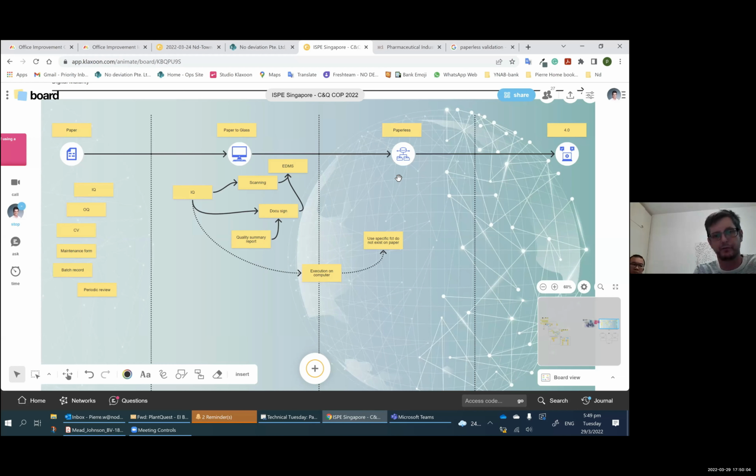I have one database, which is all the requirements, and one database, which is all the tests. And I will have a multi-to-multi relationship saying those 3 tests show that user requirement is met, or I can say those 3 user requirements are met by doing that thermal mapping, right? So if I do that, I am basically, in my head, linking the test database to the URS database.